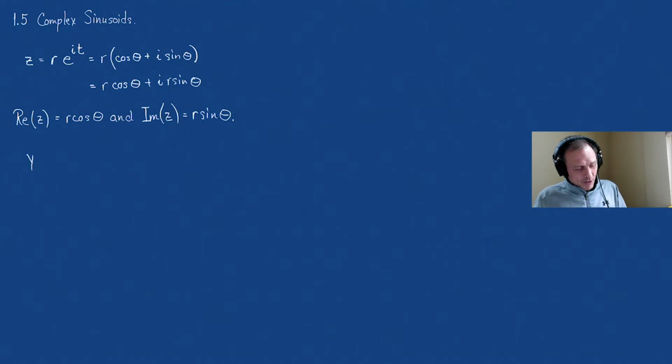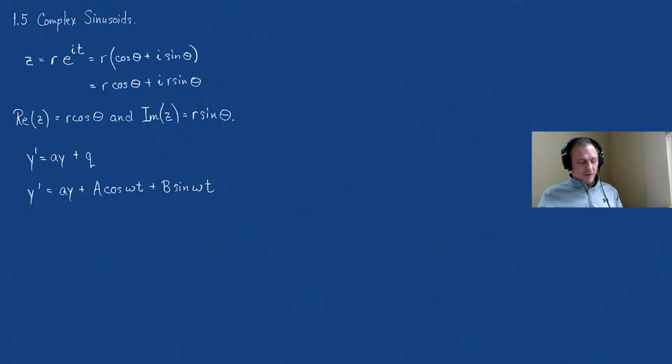We started this problem with y prime equals a y plus some input q. And in this section, we're studying the sinusoidal input. So we said this is y prime equals ay plus a cosine of omega t plus b times the sine of omega t. But then we went one step further and said there's an interesting relationship: you can rewrite a cosine omega t plus b sine of omega t